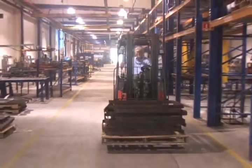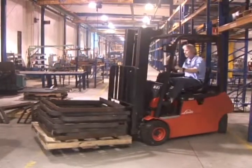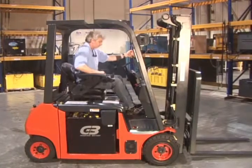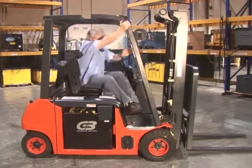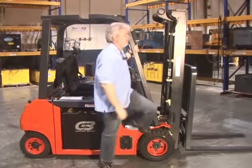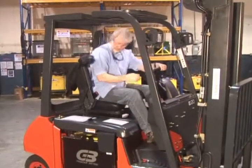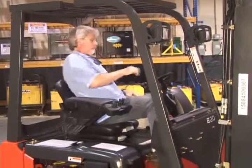These trucks simply set the operator comfort standard for today's compact electric lift trucks. For starters, access is equally simple from either the left or the right side of the truck. Low step heights as well as ample footroom, plus a tilt-up operator armrest, eliminate all possible obstacles to quick entry